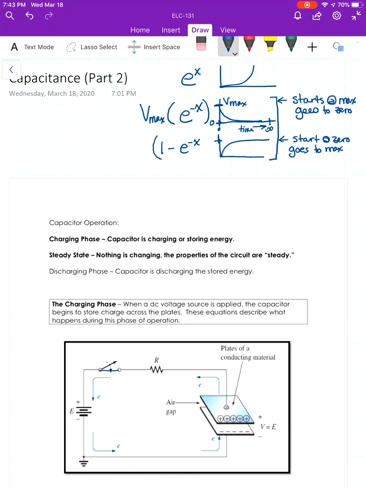And 1 minus e to the minus x, if we multiplied that entire relationship by V max, then we're looking at something that starts at 0 and climbs to a maximum voltage, again, over time. It's going to take some time. All right, so now that we've looked at the mathematical relationship we need in order to describe this, let's talk